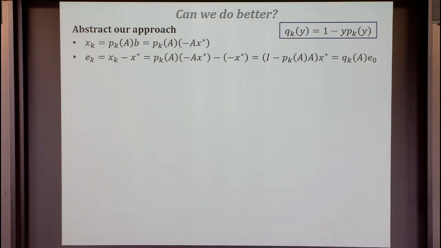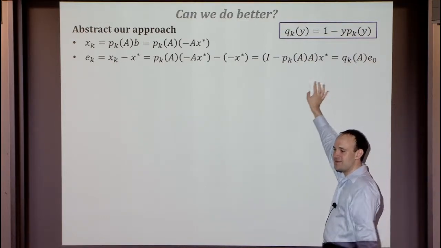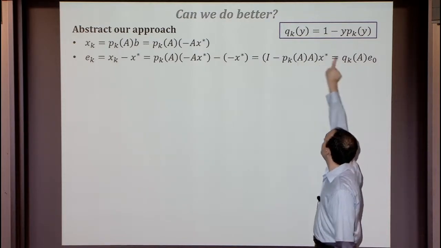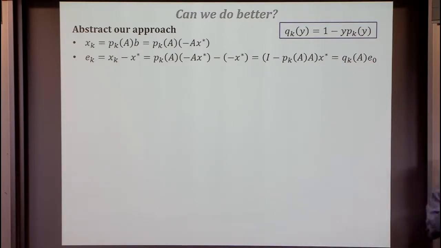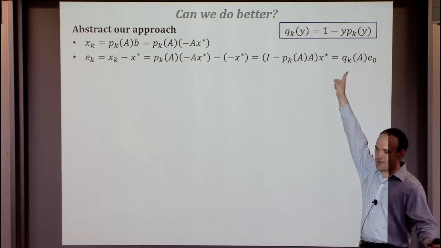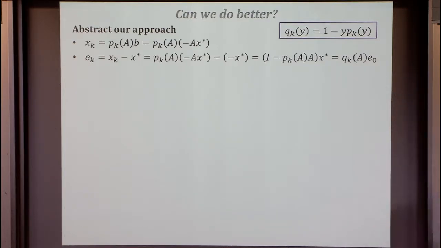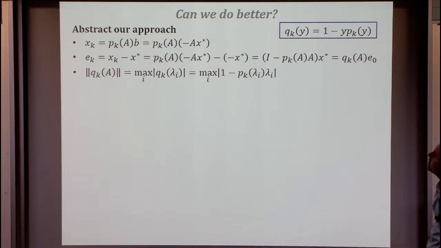What we wanted was p_k to equal 1 over y, and so the error we got was just the difference between y times our alleged 1 over y and 1, right? So this is exactly what happened on the Taylor series side. We want y p_k of y to be 1 because we want p_k of y to be 1 over y. Instead, we got something else, and then what happened to the error was that we took this error polynomial and applied it to our original error. Okay, and here, note that our original error was actually x star,